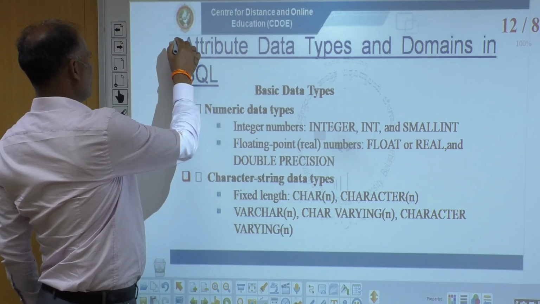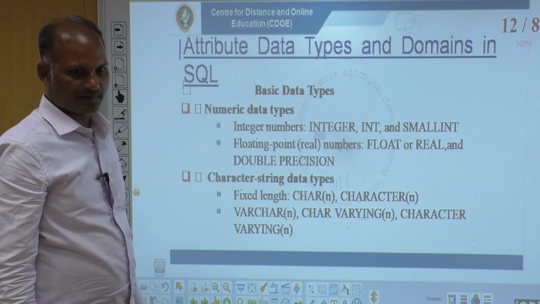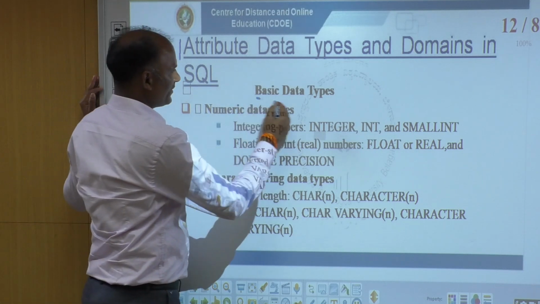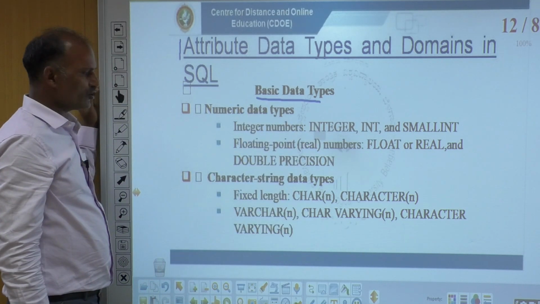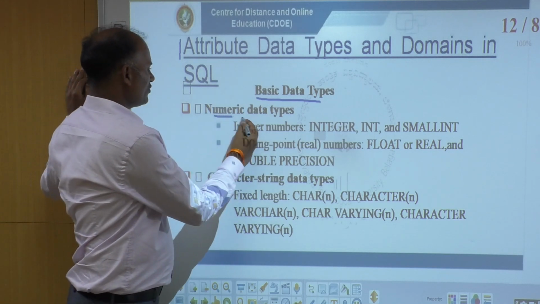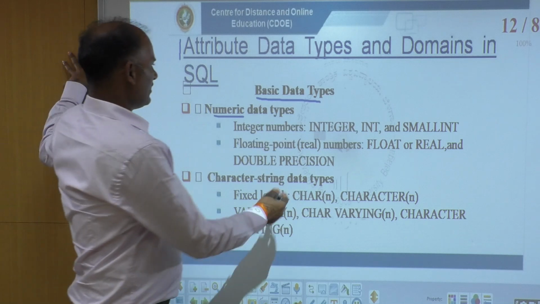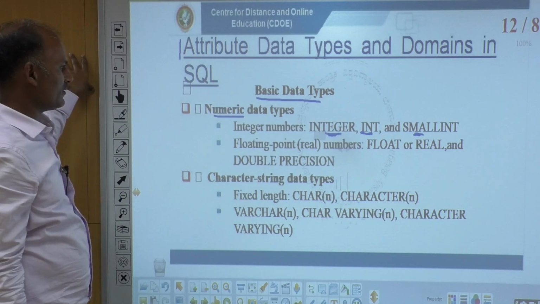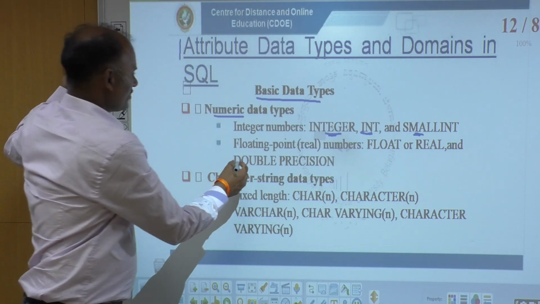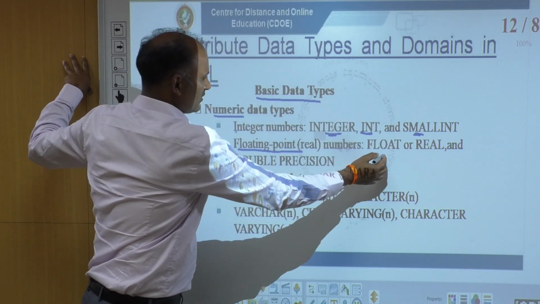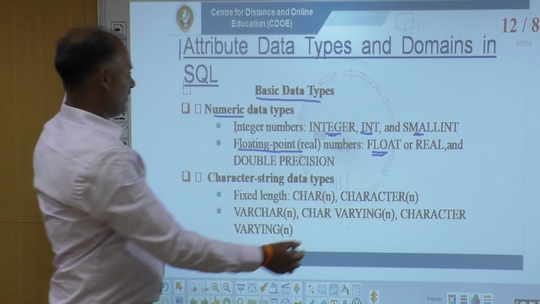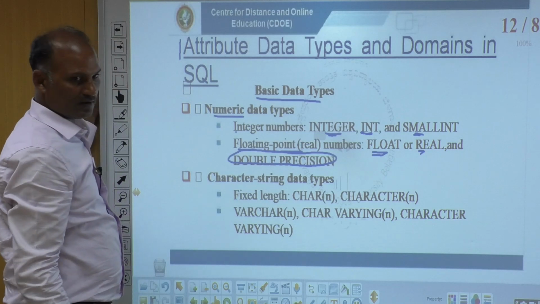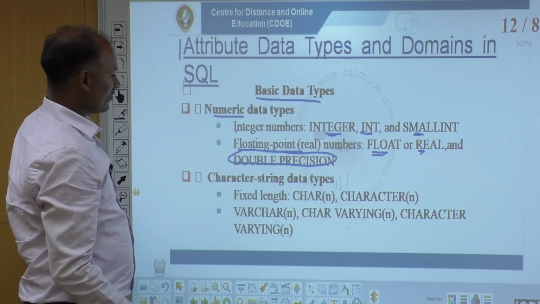Now, there are various data types supported by SQL for storing data. These are the basic data types used in SQL. The numeric data type is used to store integer numbers; we can use integer or int, based on the convention supported by the database. For storing floating point values, we are going to use float, real, or double. These are the data types we use to store floating point